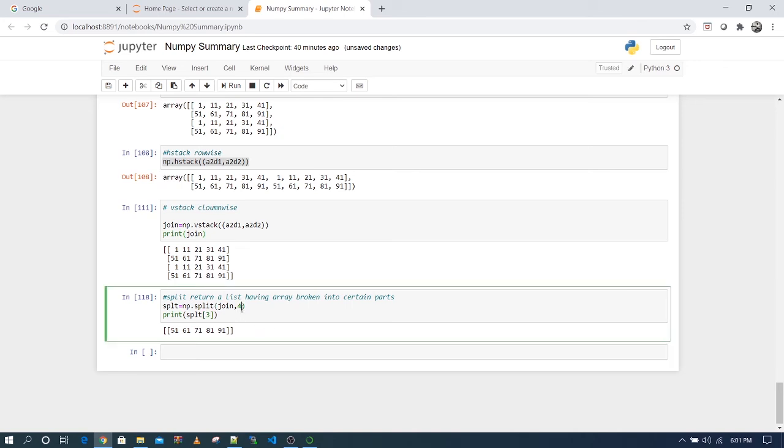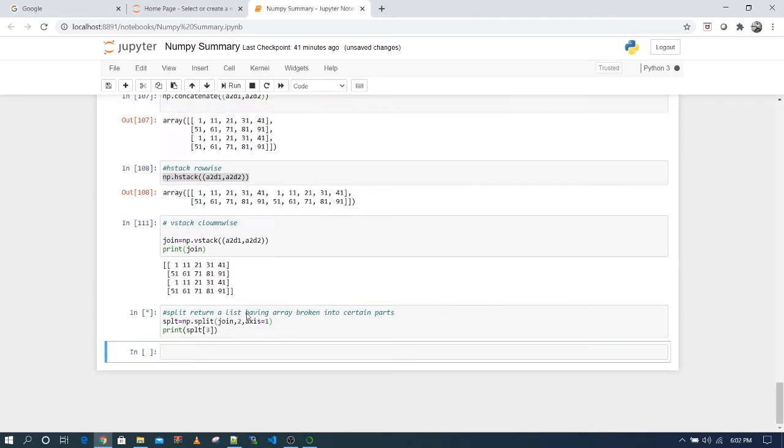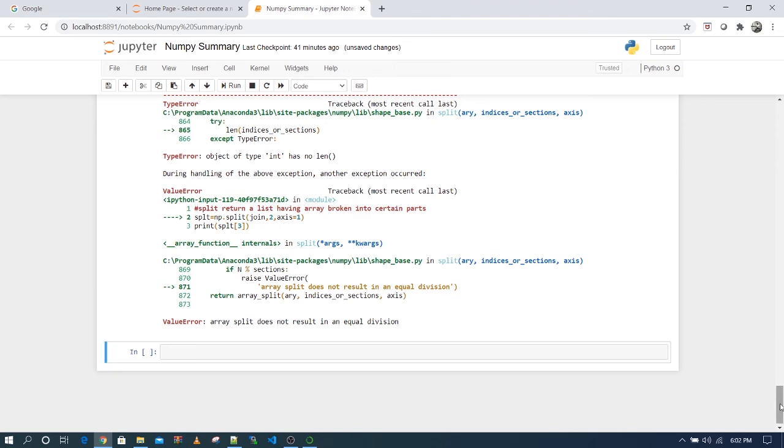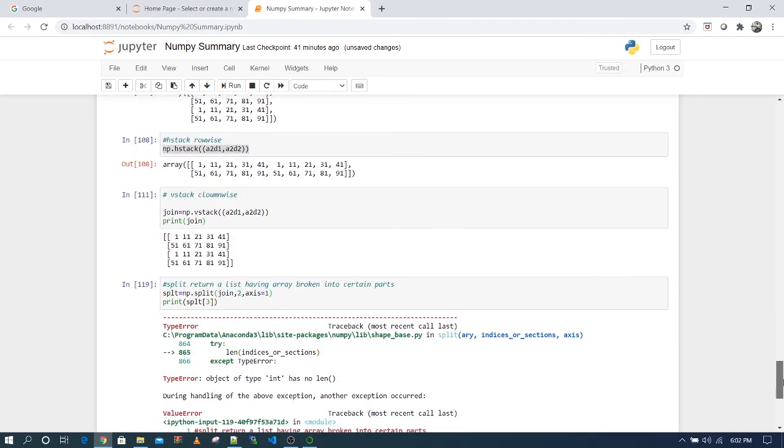Now it also takes certain parameters, like if you want to pass 2 parts and then axis equals 1.